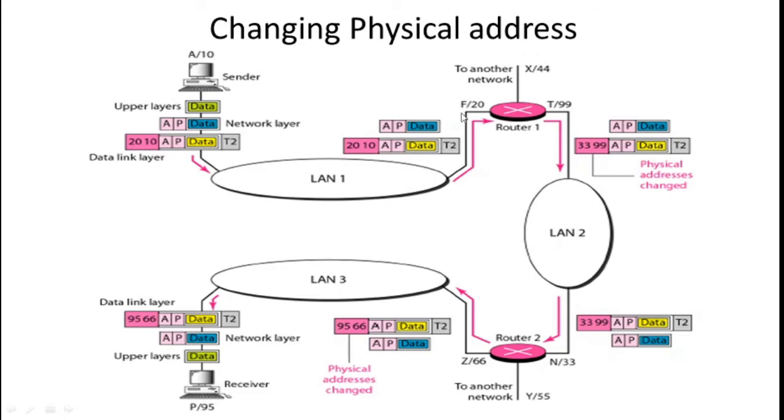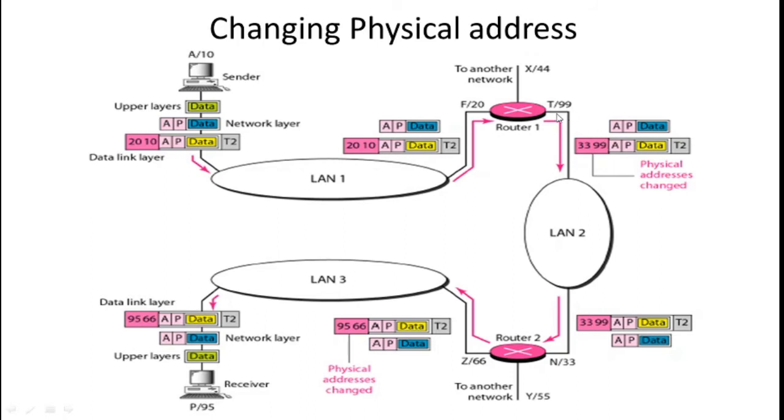router, where the router identifies its own packet which is being sent to it. So based on that, it opens that frame and takes up that datagram, and it identifies its proper LAN network or the route using a routing protocol, and then puts the nearest hop network address. That is the physical address of the next router to which it has to be hopped, which is being packed here. So the new physical addresses are put here.